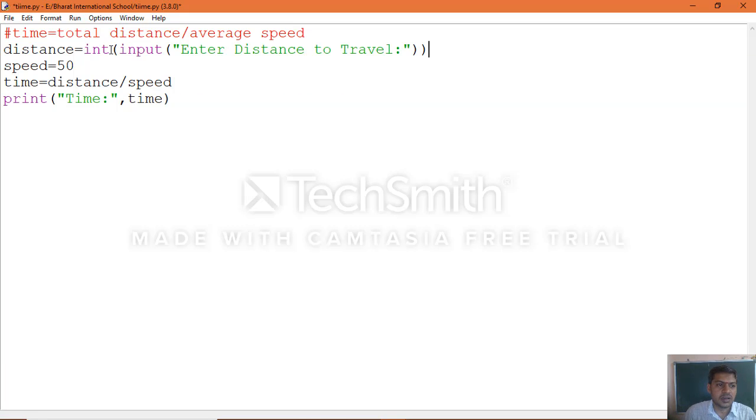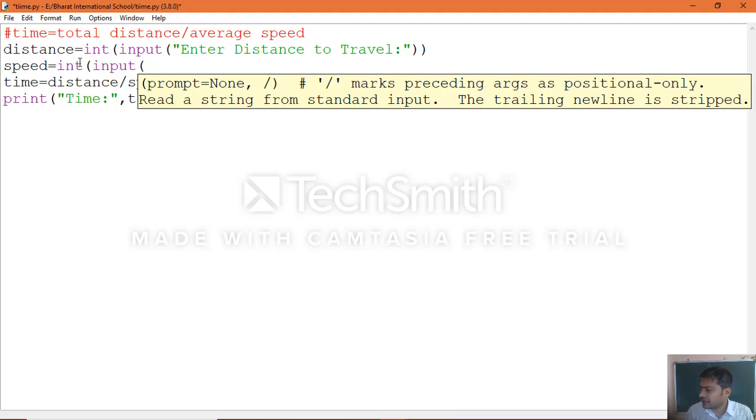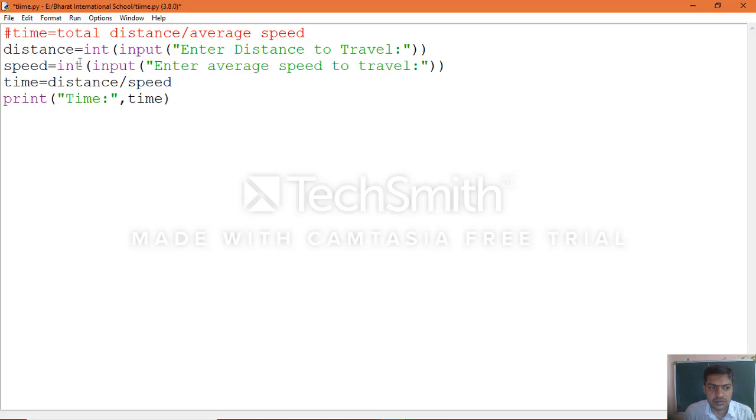Close it. Now in the same way, speed equal to int of input of "enter average speed to travel", okay. Now calculate the time, that is time equal to distance divided by speed, then print in such a way that,